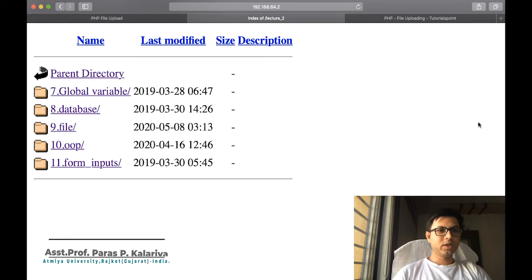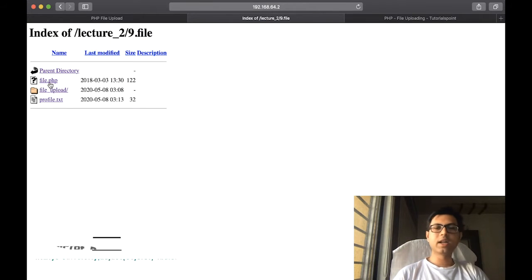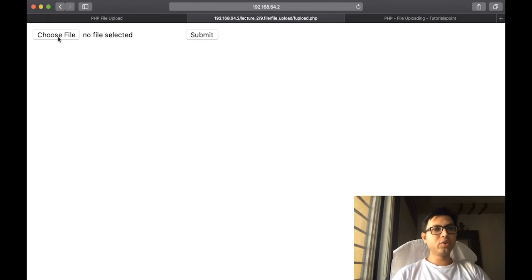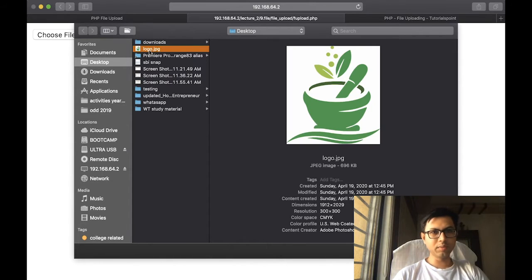Today we are going to learn in PHP what is file. So let's start the program related to uploading a file. Over here you have to select a file. Let us say I am going to select this logo image file